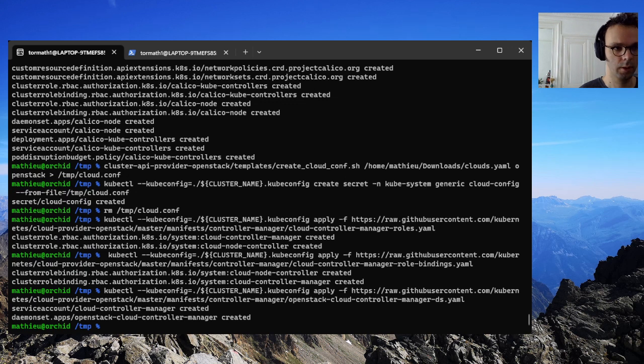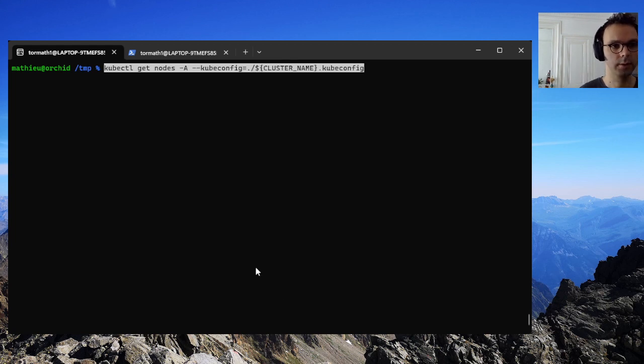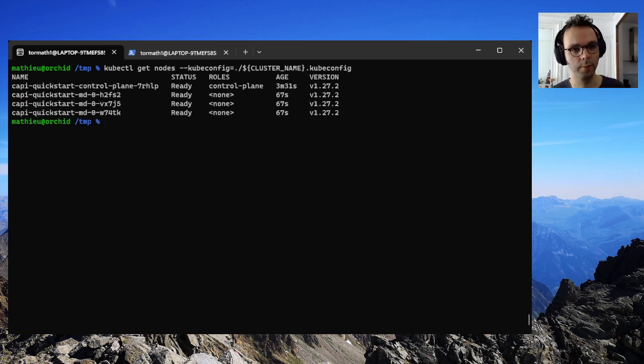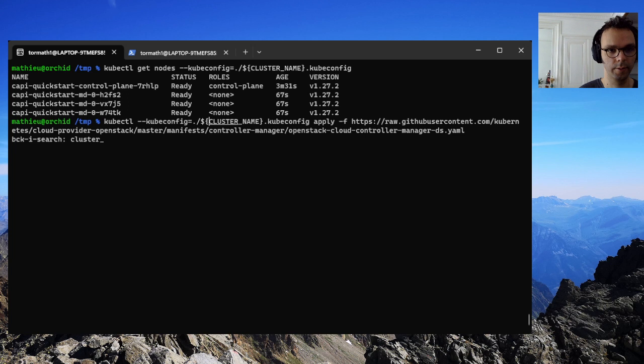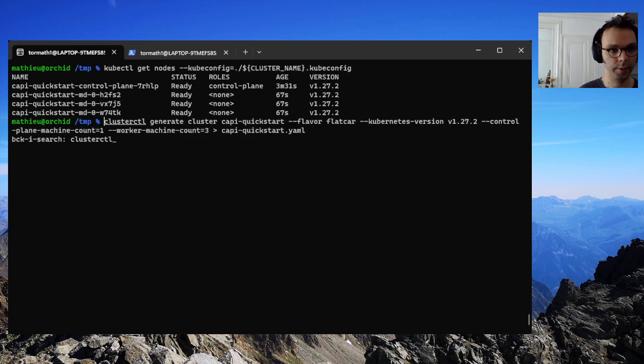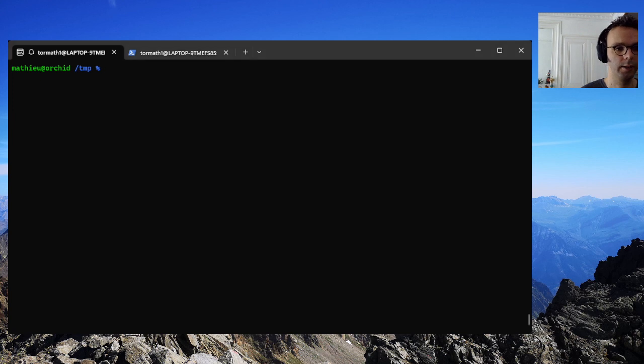Okay, and let's see if everything works as expected now. So we have one control plane, two workers, as expected when we generated the cluster configuration. We asked for Kubernetes 1.27.2, one control plane, and three worker machines. So this is the case. And if we check the node information,